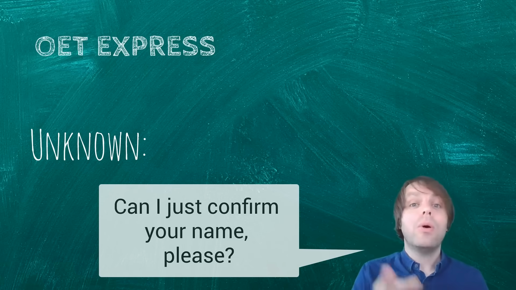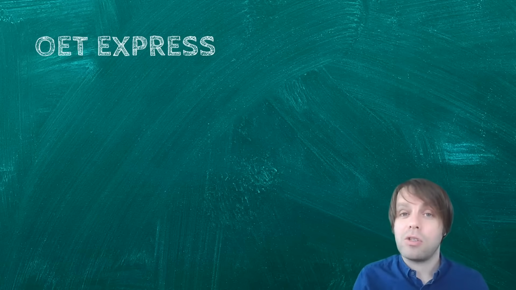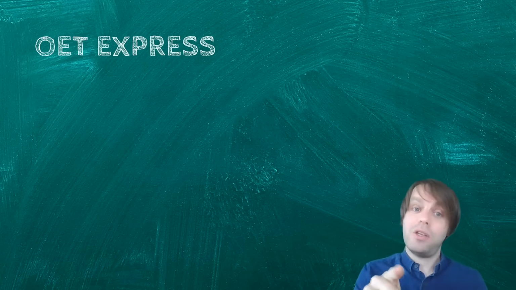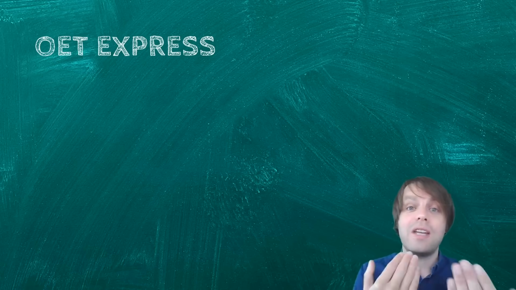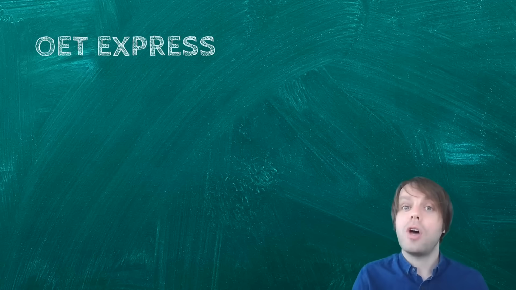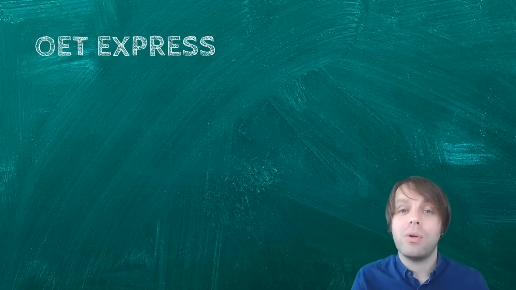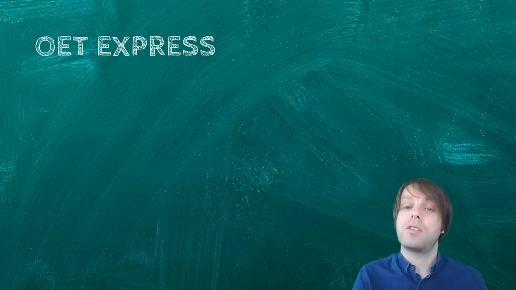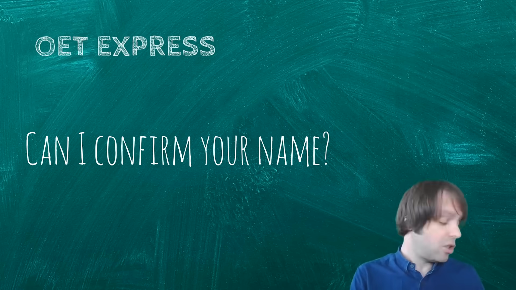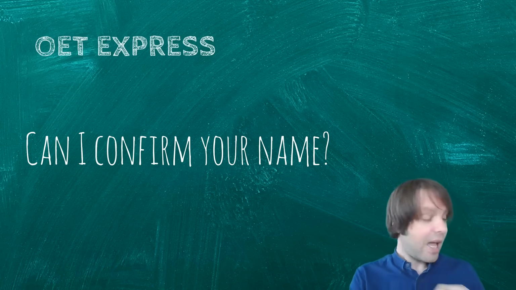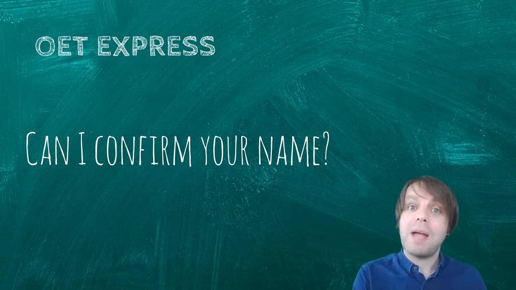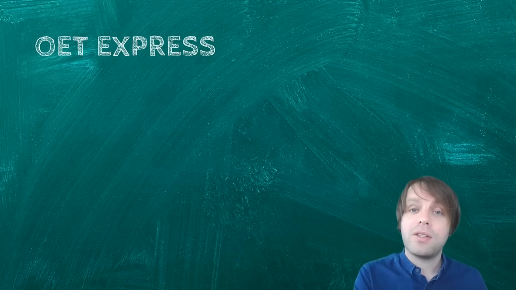All right? It's important because let's say you don't know the patient. You need to check if that person is that person on the paper. Because you can't talk about confidential details with someone who is not John, all right? So it's very important not to make a mistake here, I think, as to whether the person is known or not known. If I say, can I just confirm your details, please? All right? That means I have your name, it's written on this piece of paper, but I'm checking that you are the same person on the paper.